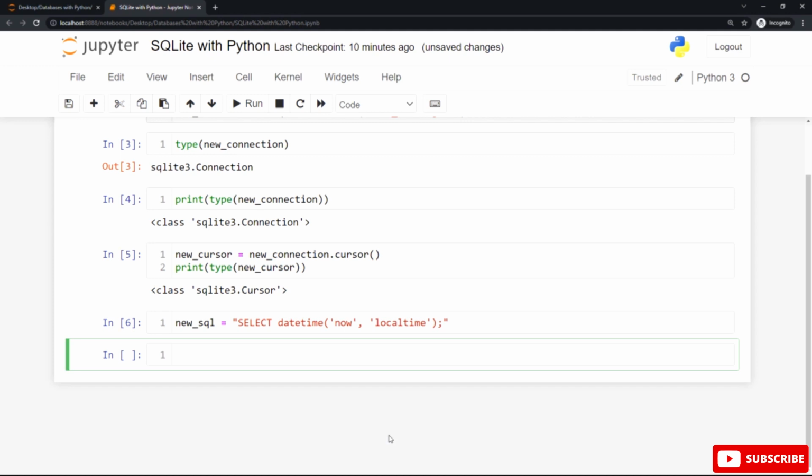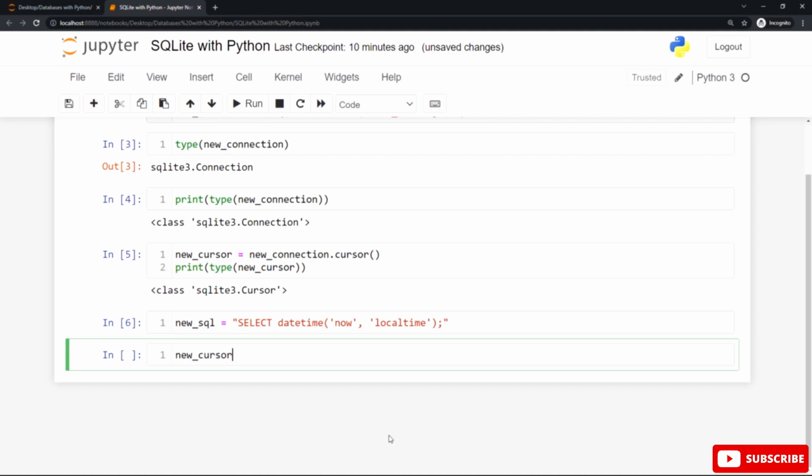You can see a semicolon at the end of the SQL statement here to mark the end of the statement, to make your code more readable and understandable for everyone. After that, you need to use the execute function to execute this SQL statement easily. We are going to use the execute function with the cursor variable to execute this SQL statement.